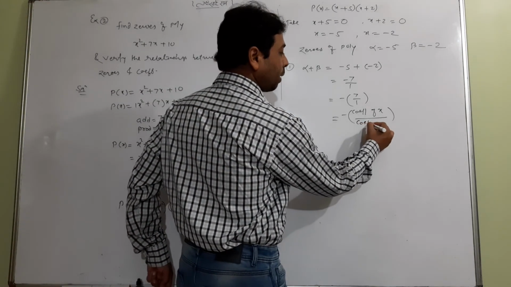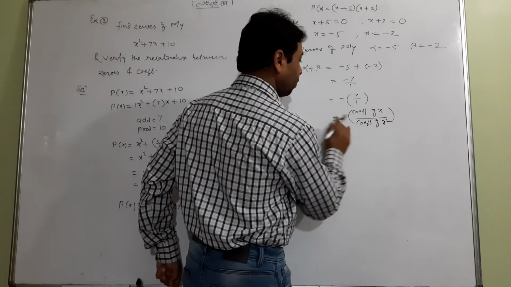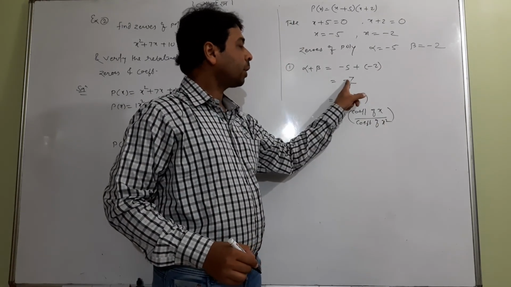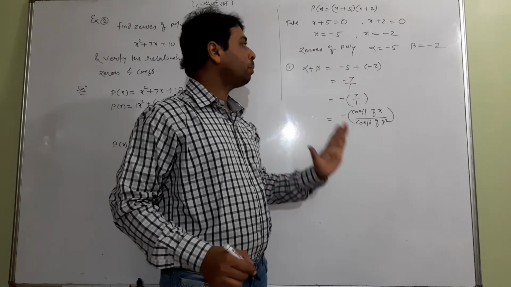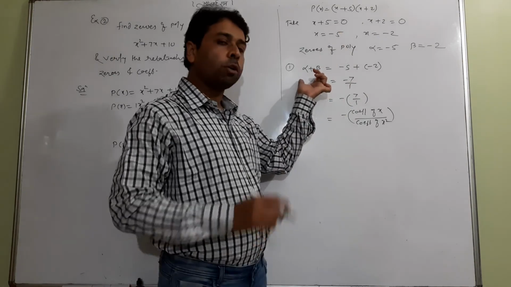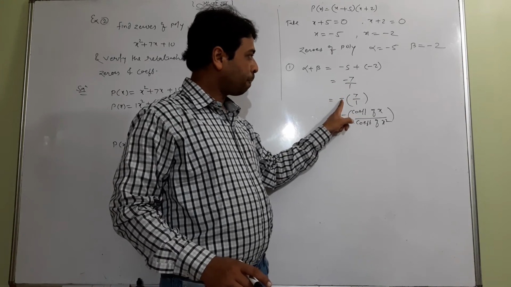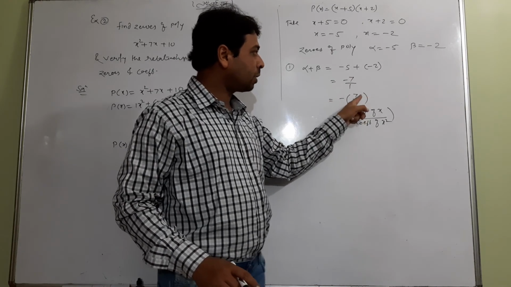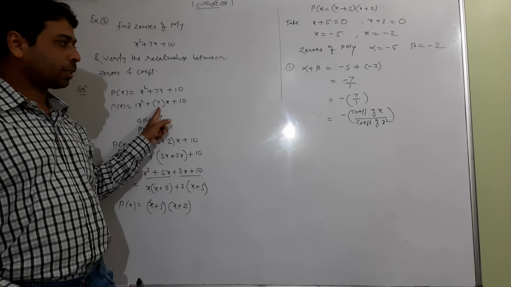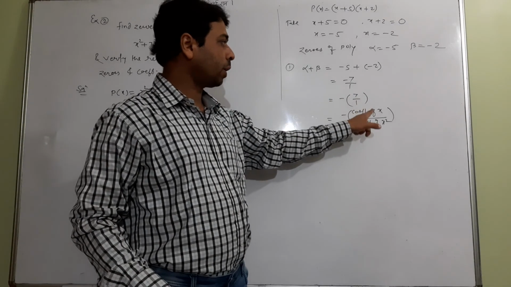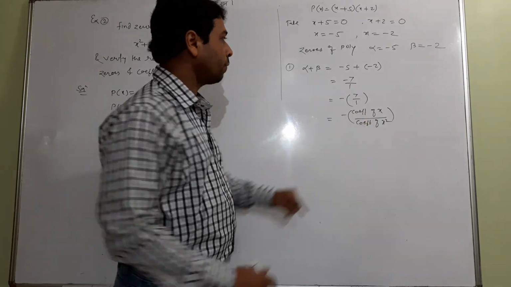So students, sometimes you ignore the minus sign and get confused about that. Keep my words in mind. Alpha plus beta is always negative. If it is a negative sign, save it. Keep it here. Only write 7 upon 1, and 7 is what? Coefficient of x. Not minus, only plus. So instead of 7 I have written coefficient of x, and 1 is the coefficient of x square.